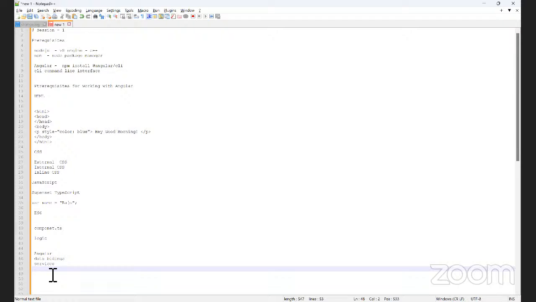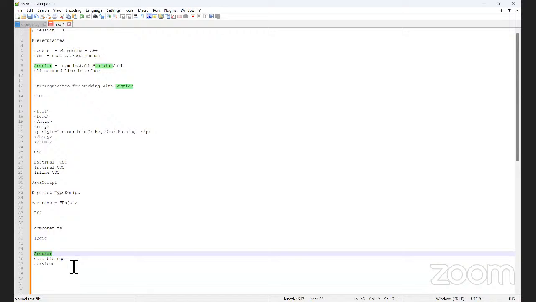So we have services, directives, and component levels, and we will discuss such levels in Angular.